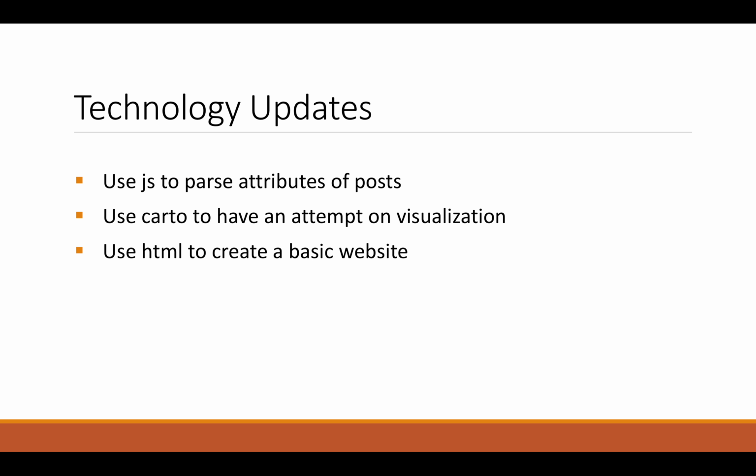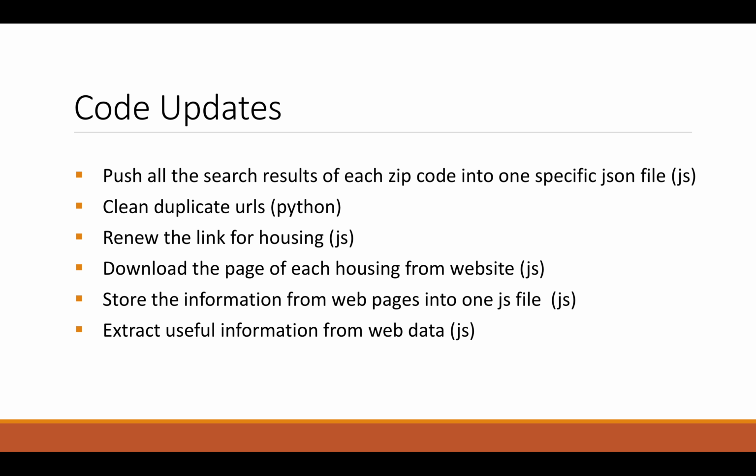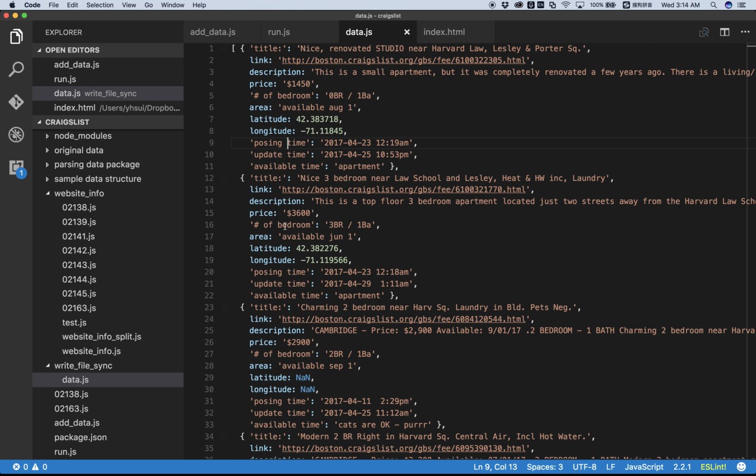As for the technology we use this time, we use JavaScript to parse attributes of posts and then use Carto to have an attempt at visualization, and also use HTML to create a basic website, which will be shown in the demo. And for the code updates, we wrote a lot of functions to fulfill our mission. The first is to pull out the search result of each zip code into one specific zip JSON file. I could show you